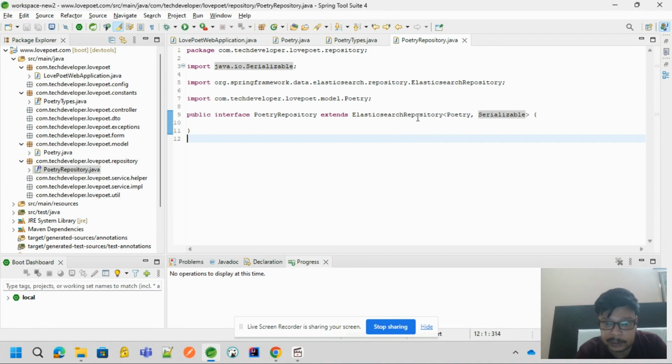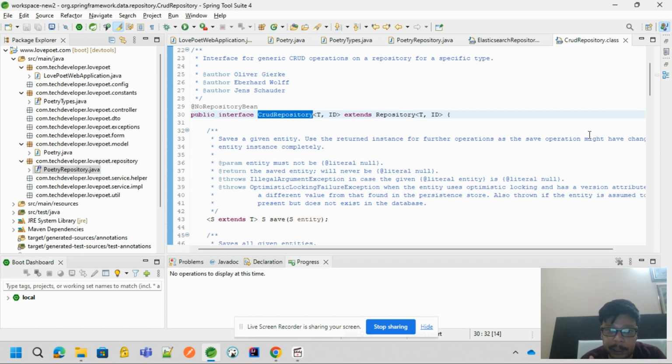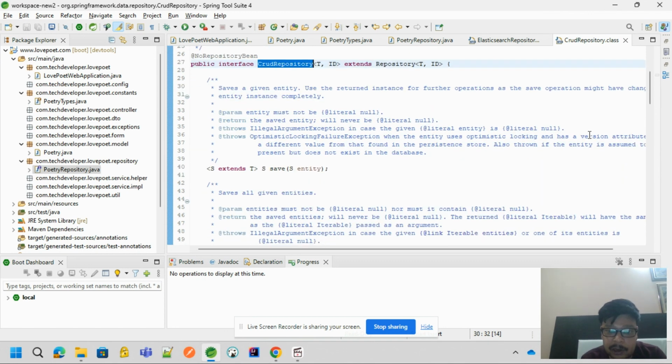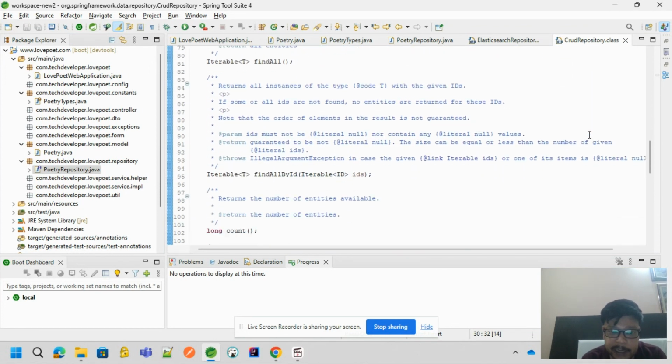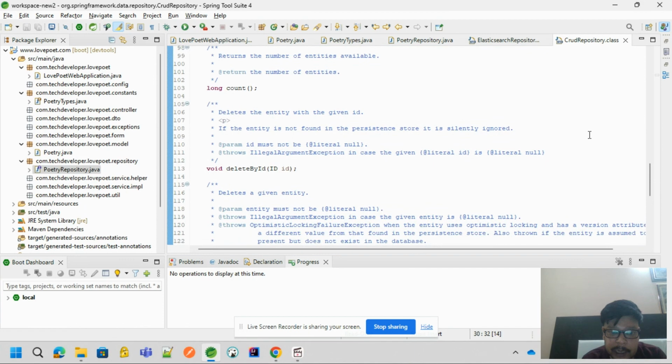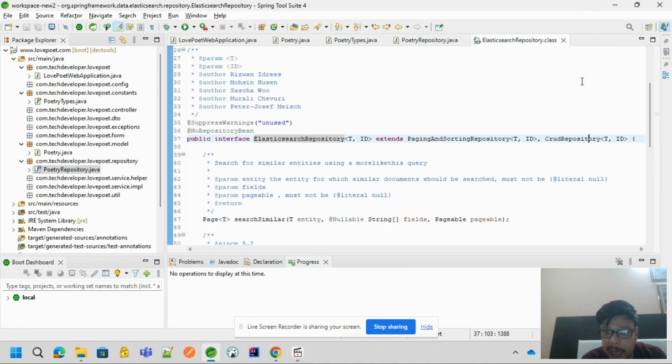If you extend the Elasticsearch repository, that is extending the CRUD repository. The CRUD repository is the base repository where all the methods like save all, find by ID, exists by ID, find all by ID, count, delete by ID, and a lot of common methods are available, and the pagination and sorting repository is also there. So whatever repository you choose as per your project, either Elasticsearch, Mongo, or JPA repository,